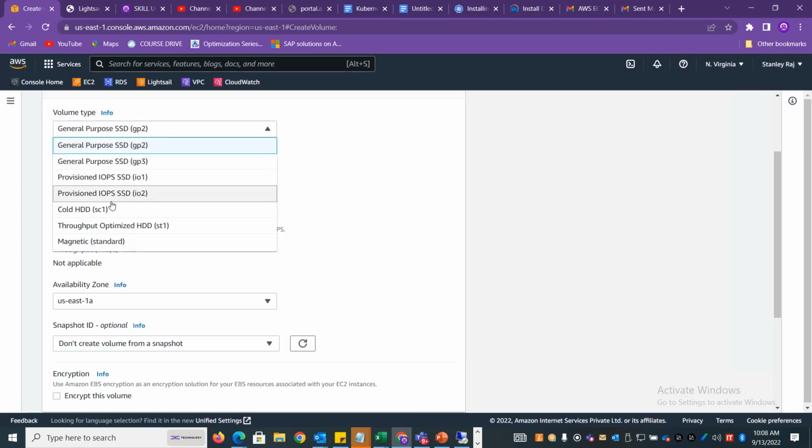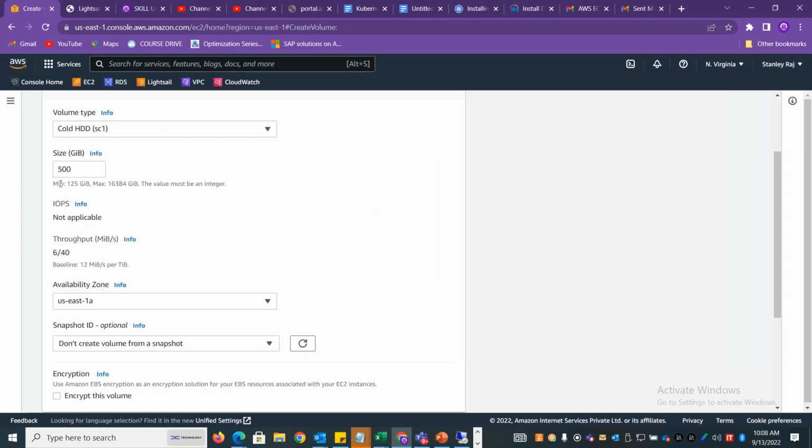Similarly, if I go for cold category, you can see that the minimum capacity is 125 GB. So if your customer is asking for cold storage, what is cold storage? If they want to store something for longer duration with less price, you can go for the cold storage option. Okay, so